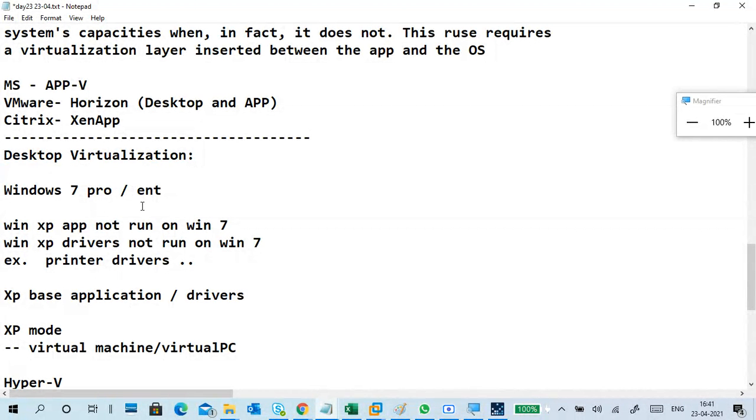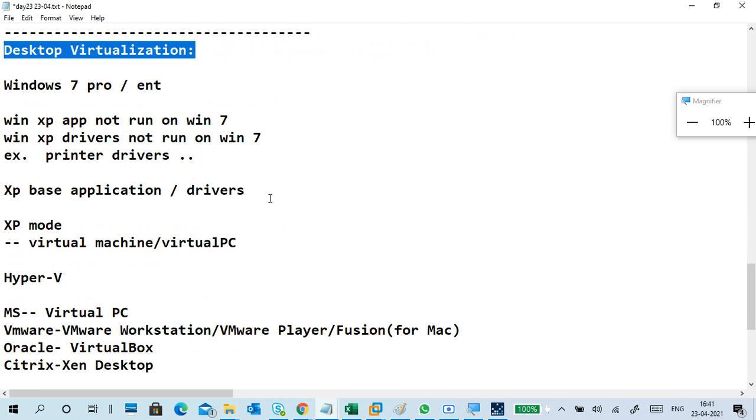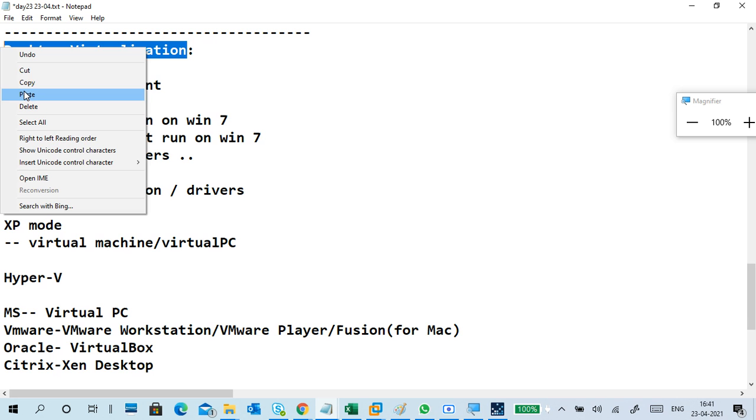There are two or three statements for desktop virtualization. It's a vast subject. Server virtualization is the best one, and it is very simple. Desktop virtualization is a combination of so many things. Anyway, we'll try to get a statement for this one.